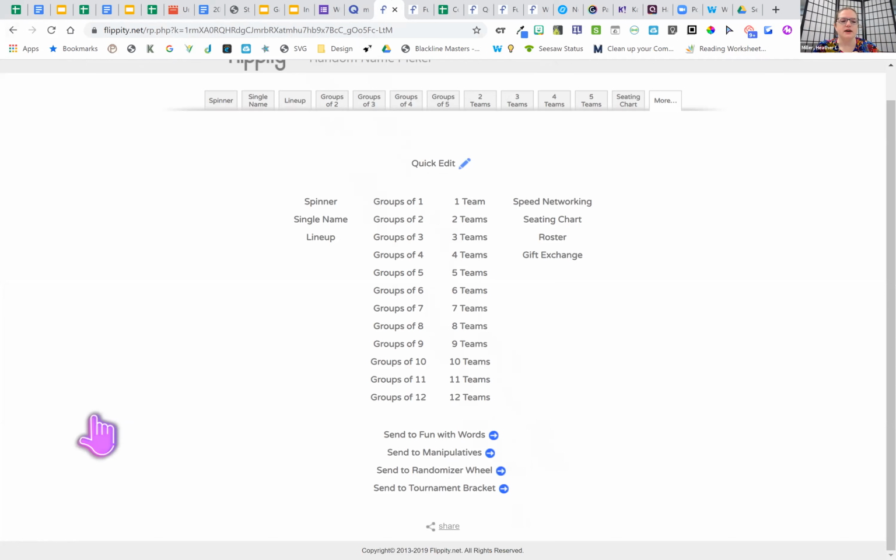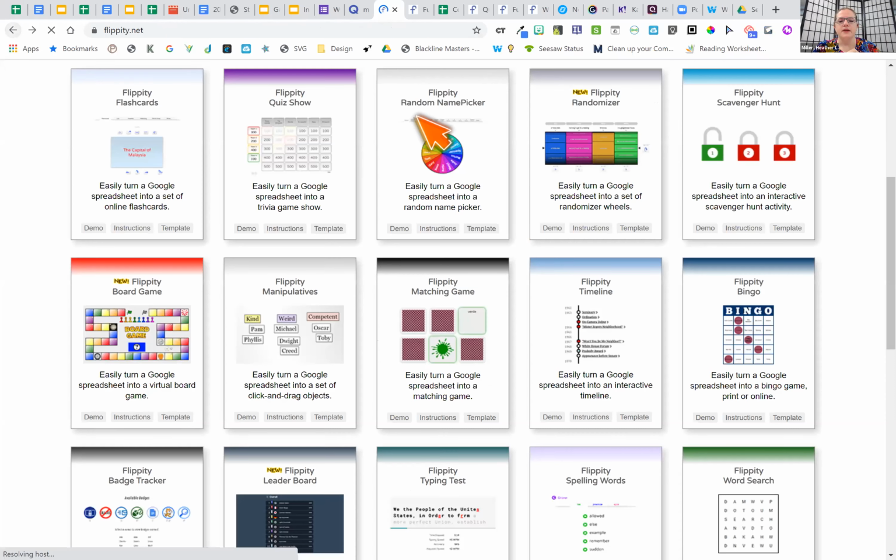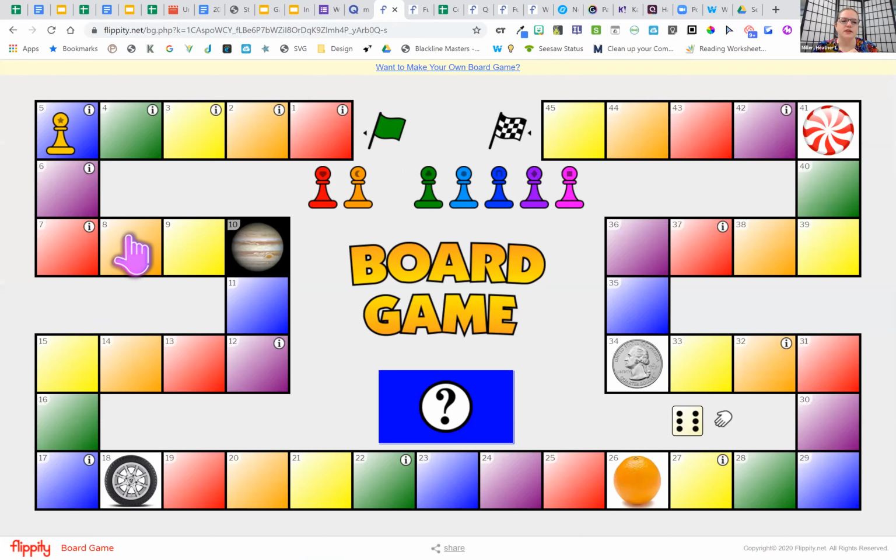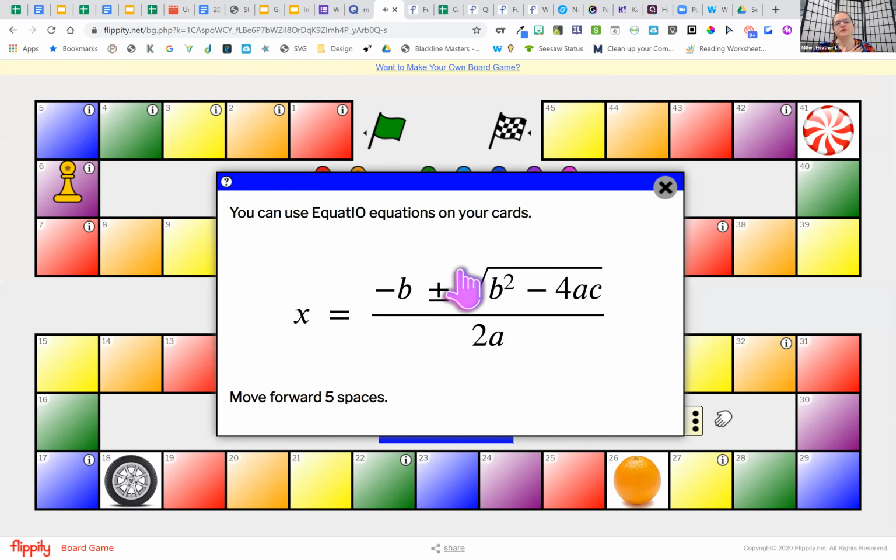This is the board game. So you can always click demo and see what it looks like, and it'll just kind of walk you through. There's a dice over here that they roll. They can move their little pawn. Just very, very cool and interactive for them. And then once they get to wherever they're going, they can pick a card. I mean, you guys know that answer, right? So anyway, however you want to play it, you can set that up that way.